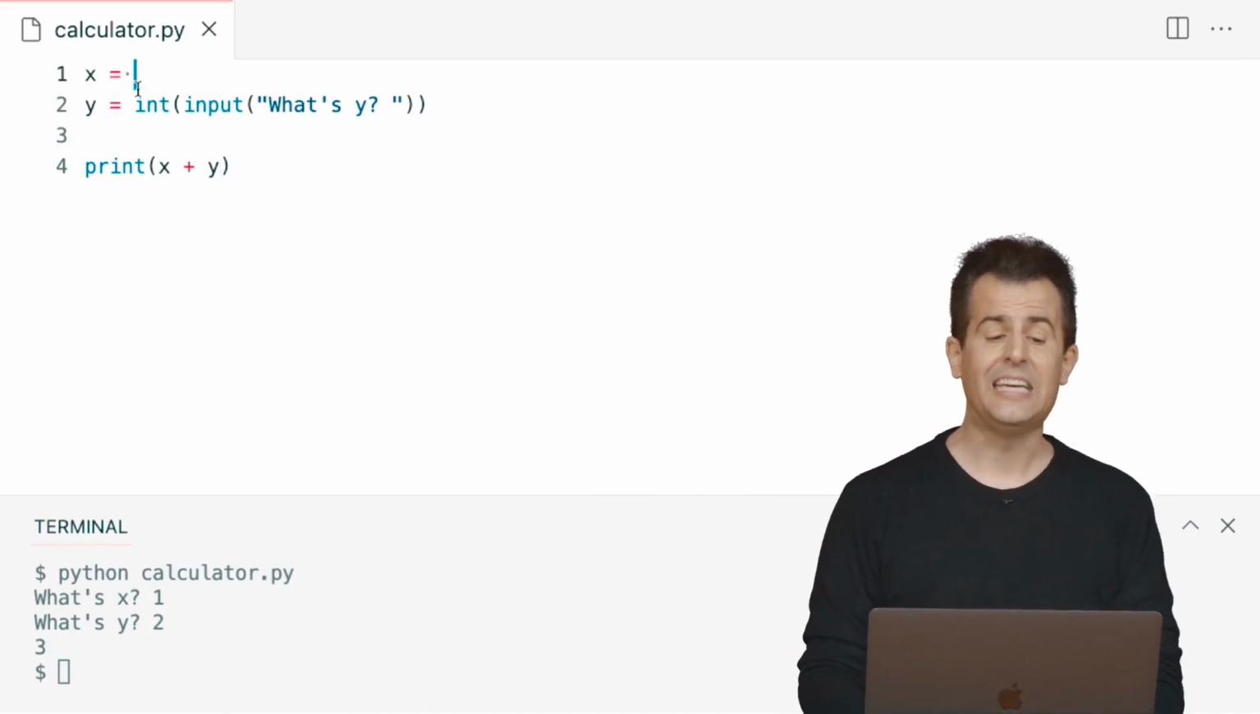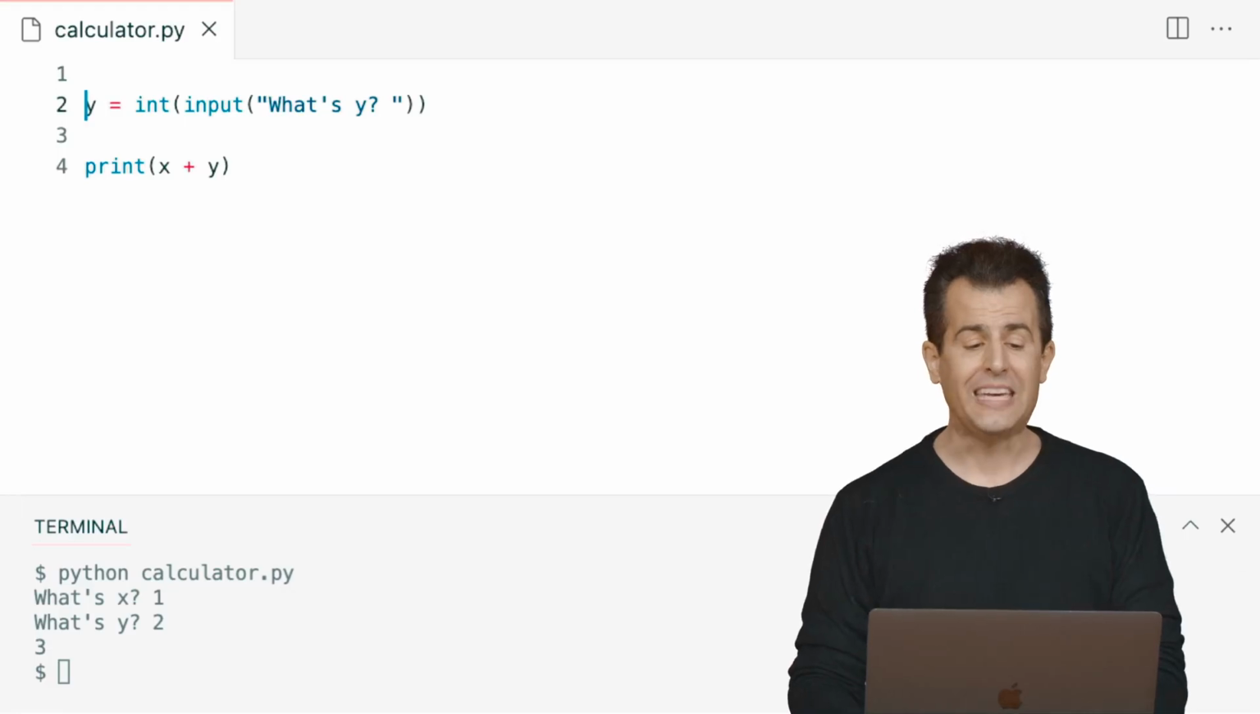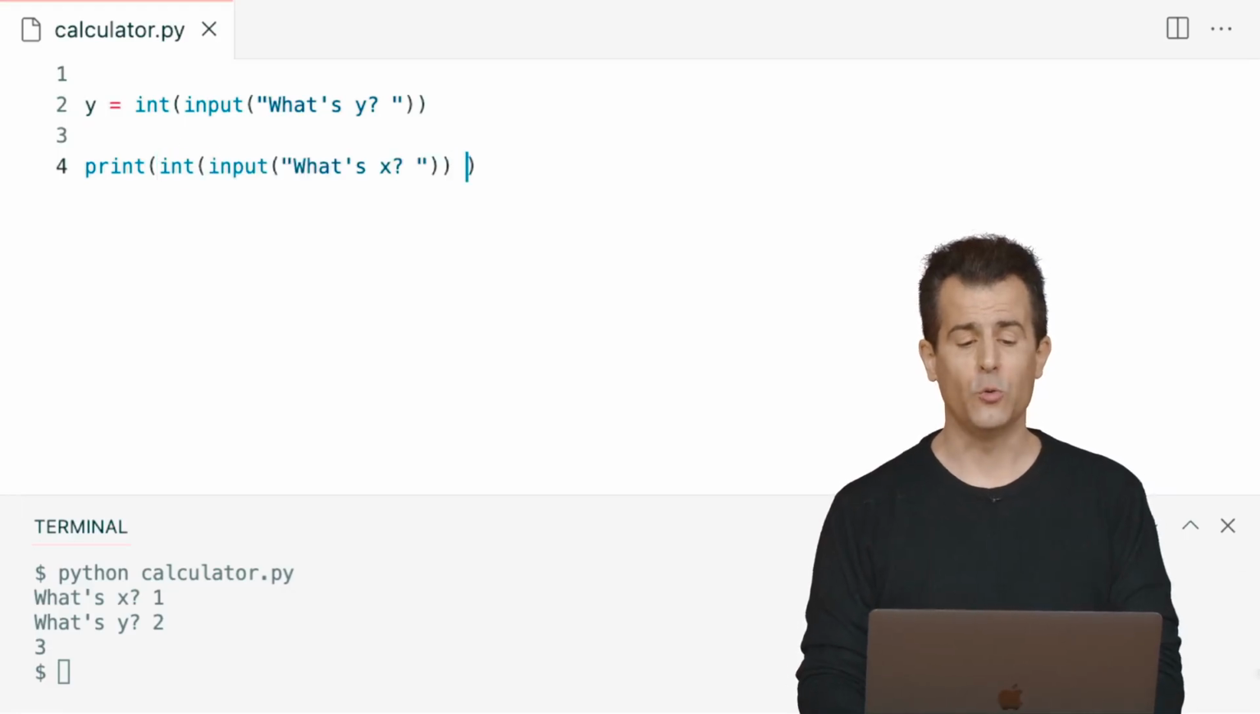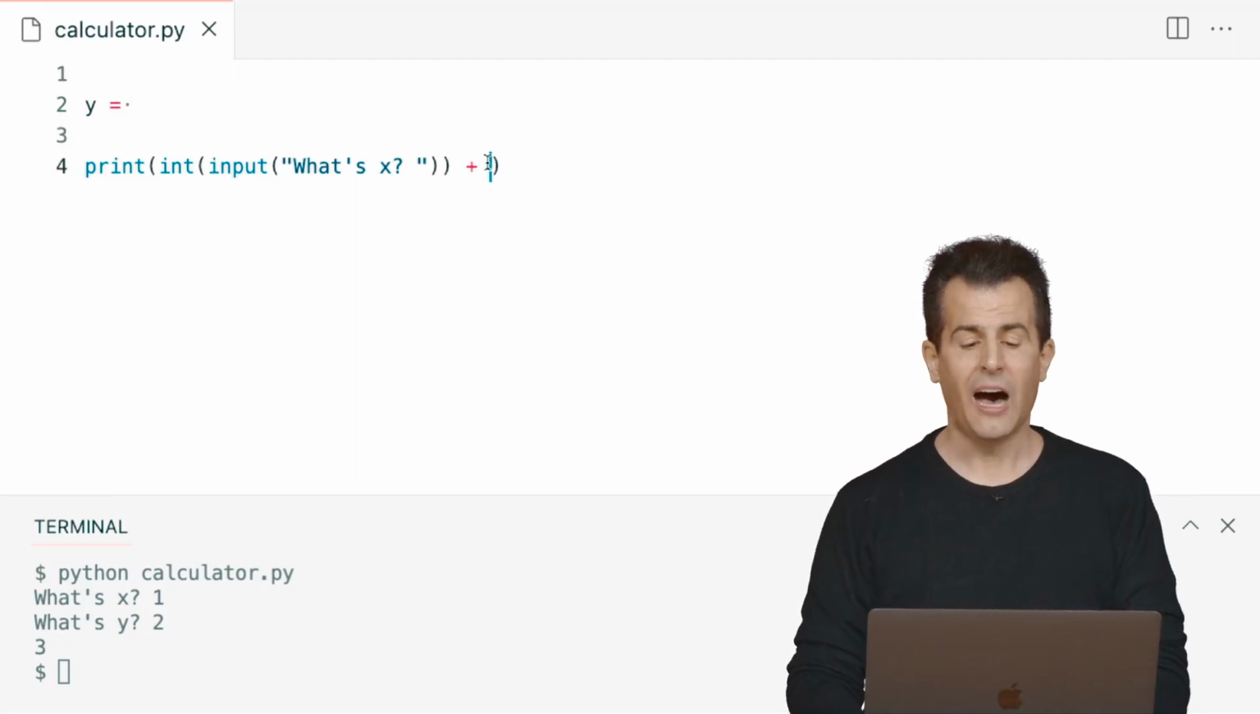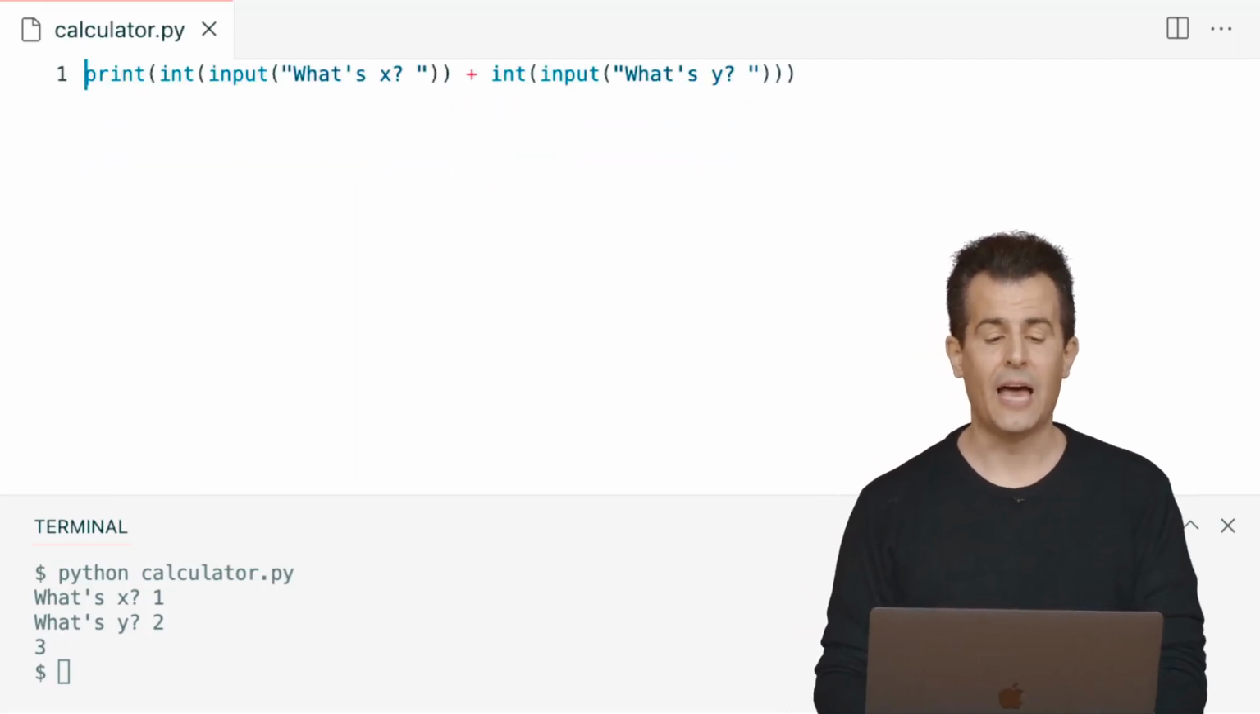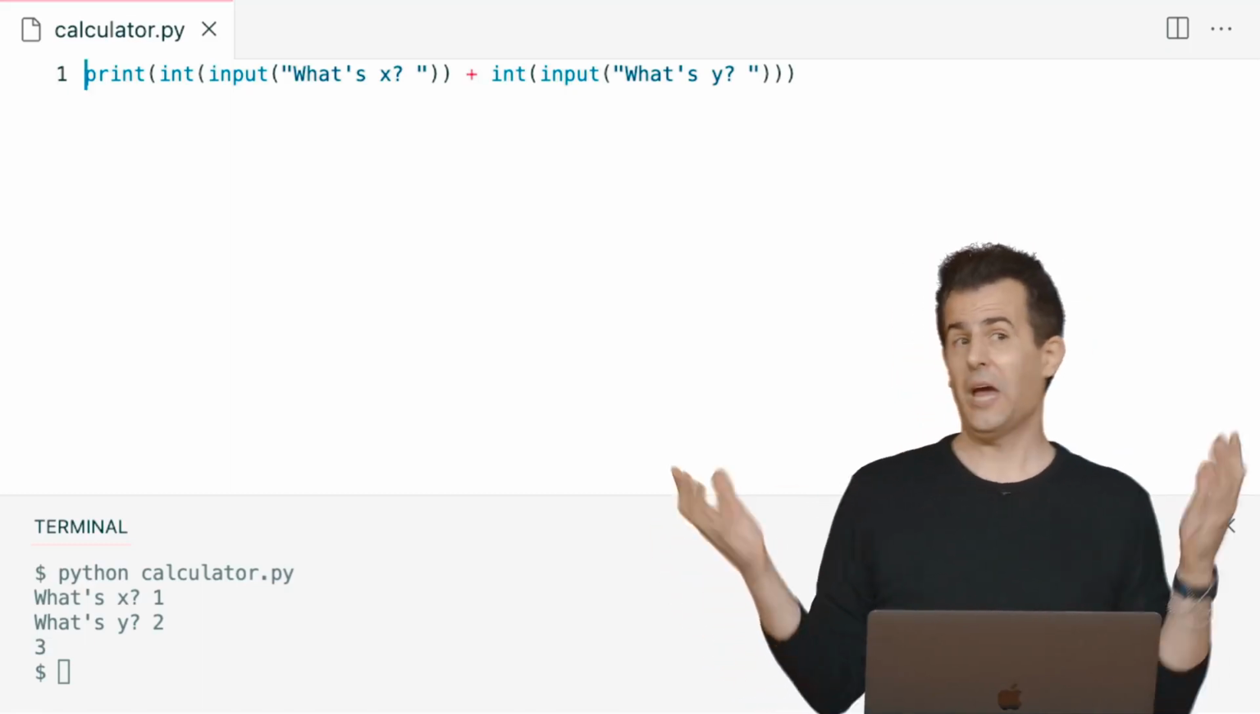Technically speaking, we don't really need x in a variable. We don't really need y in a variable. We could also do this. I could just get rid of x and y altogether. I could then now eliminate that and make it just one line of code. OK, so in some